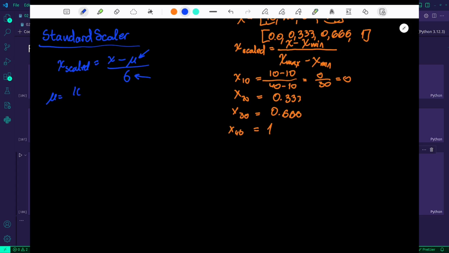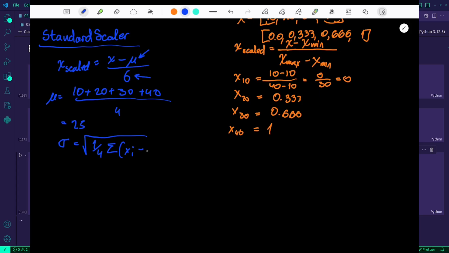We do 10 plus 20 plus 30 plus 40 divided by 4, and it's 25. And we can also calculate the deviation: the square root of 1 over 4, because we have 4 elements, times the sum of each one of them minus mu, squared.